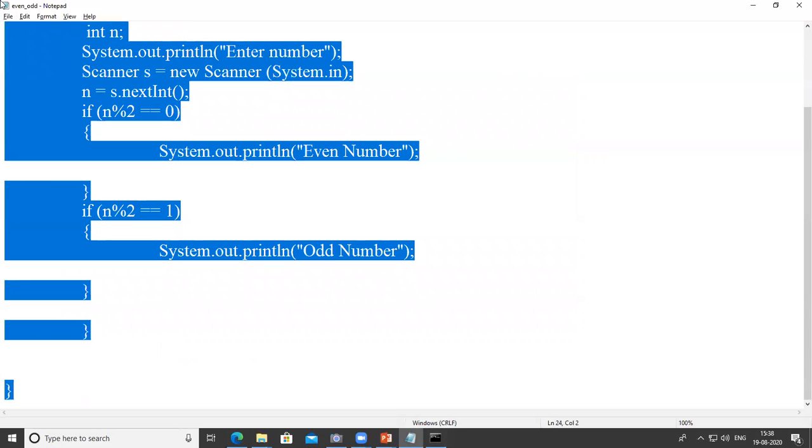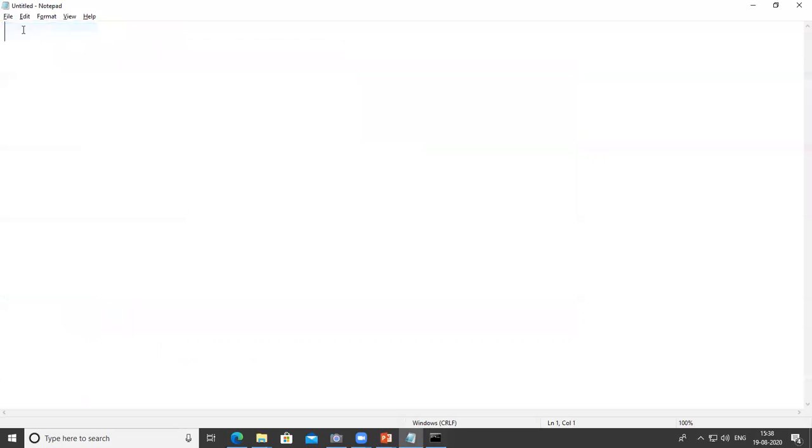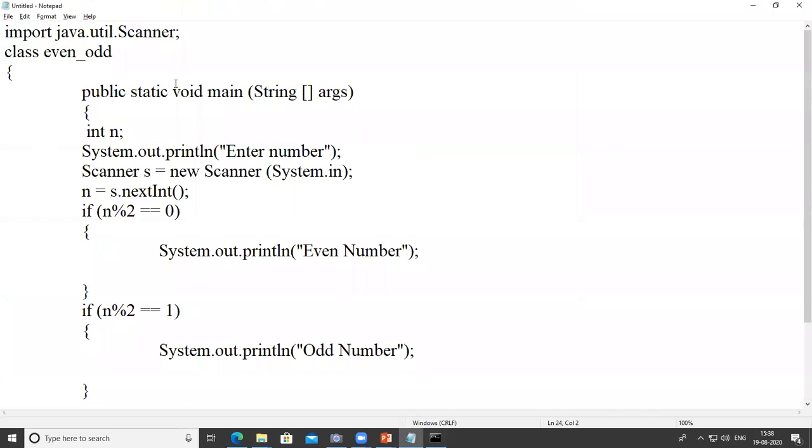Let's do one more program to check whether a person is eligible to vote or not. So I change its name to vote. Here I get the age of the person. Enter your age.